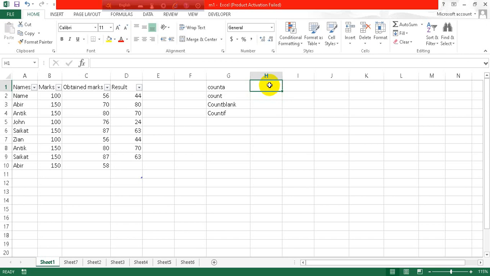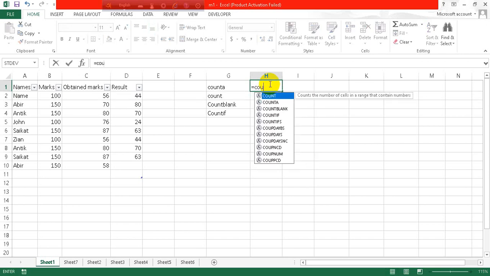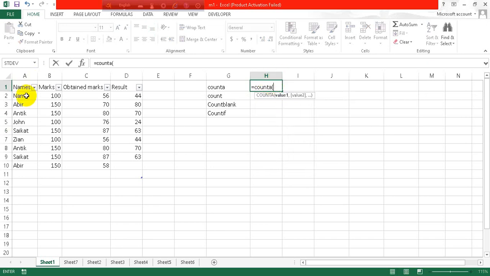Let's write its formula, which is equals to counta, open parenthesis, and select the range of your data, and then close the parenthesis, click on enter. Here you can see there are 35 data,